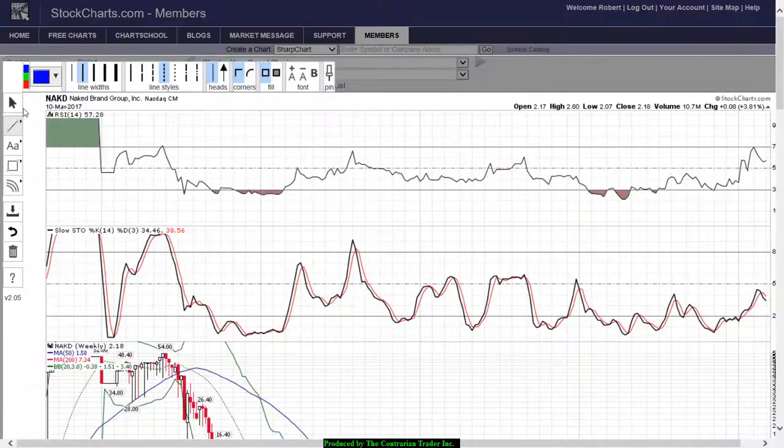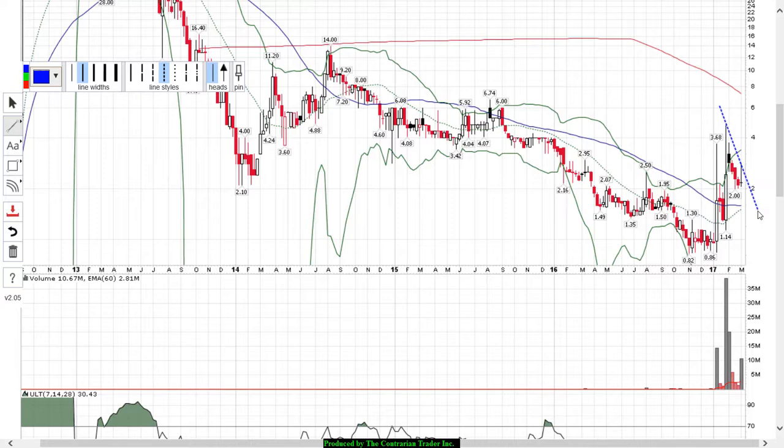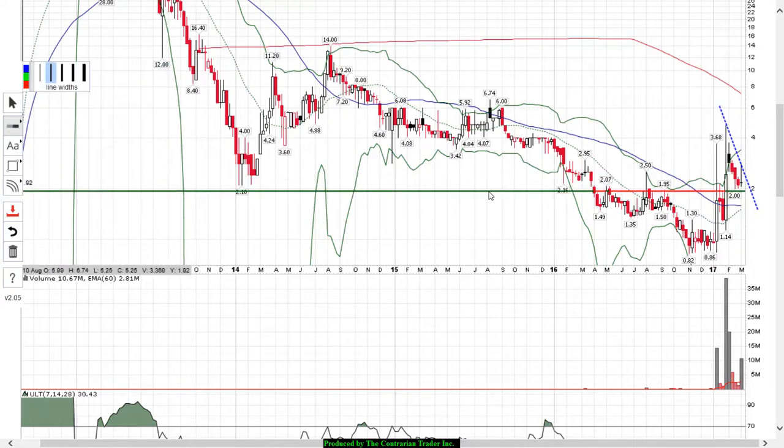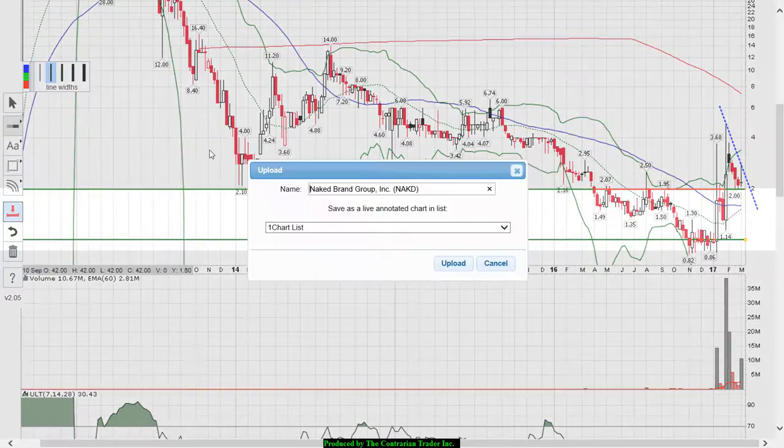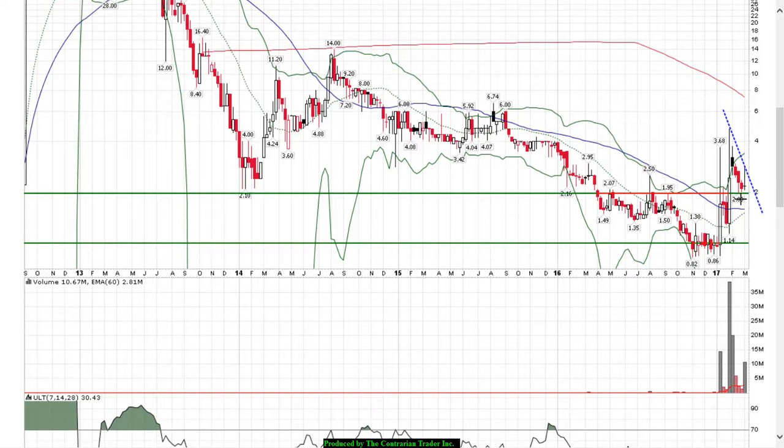I would take my crayon out, draw a trend line down, draw my support level, $2 per share, because we know that if we close down below $2 per share, we need to stop out of the trade. But if we pull back, flash a bullish key reversal, and close back above the $2 per share level, scratch the itch. Open up a small position.